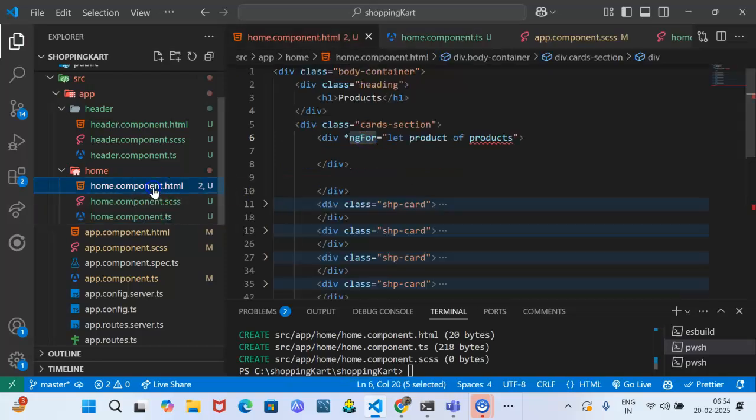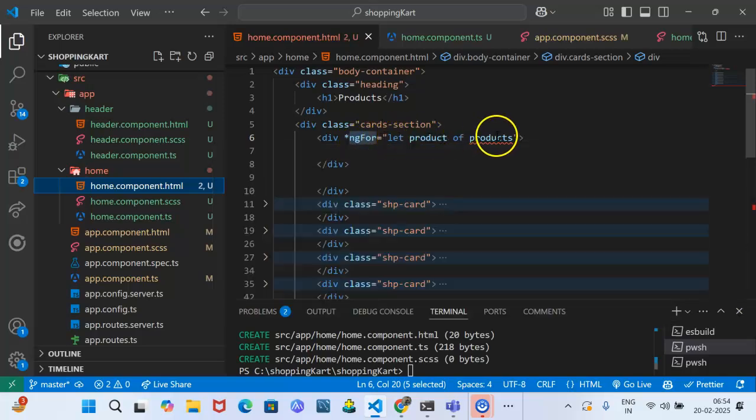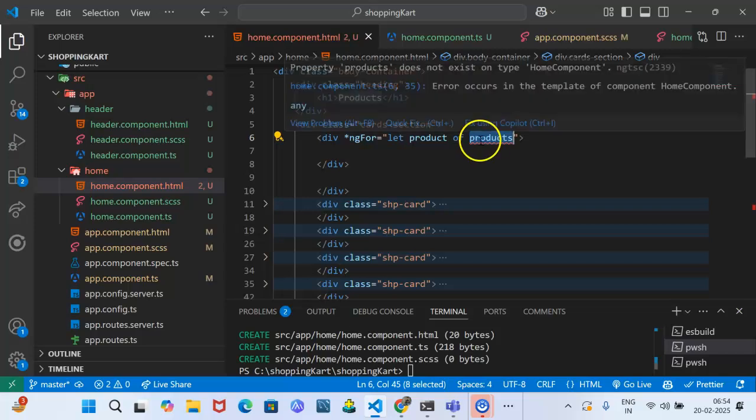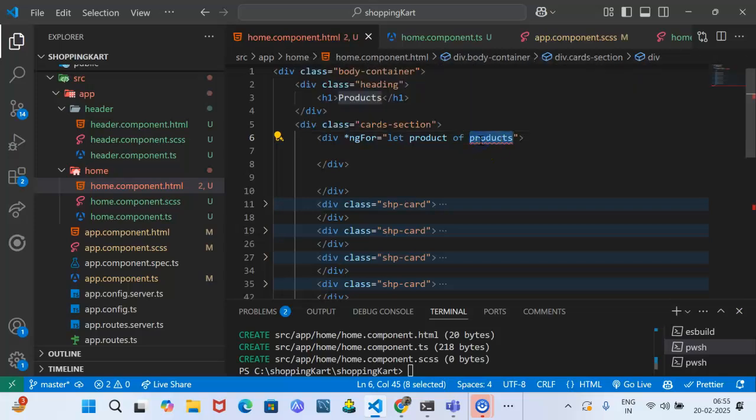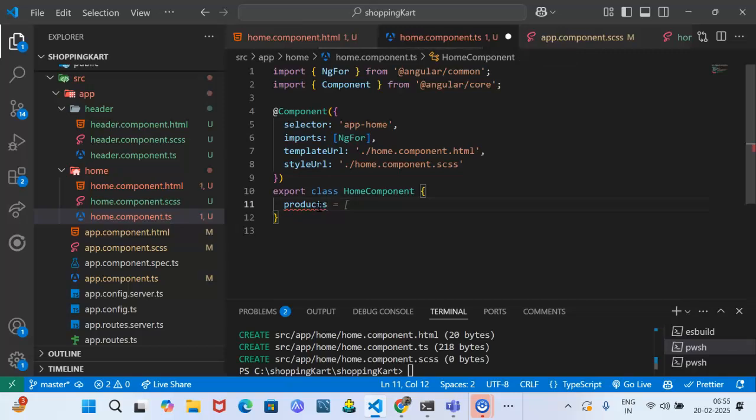So there is no warning shown here, and now the error is gone from ngFor. Let product of products: products is the variable it checks for the count, how many products we have to loop over. At present we don't have any products. The input it will take the